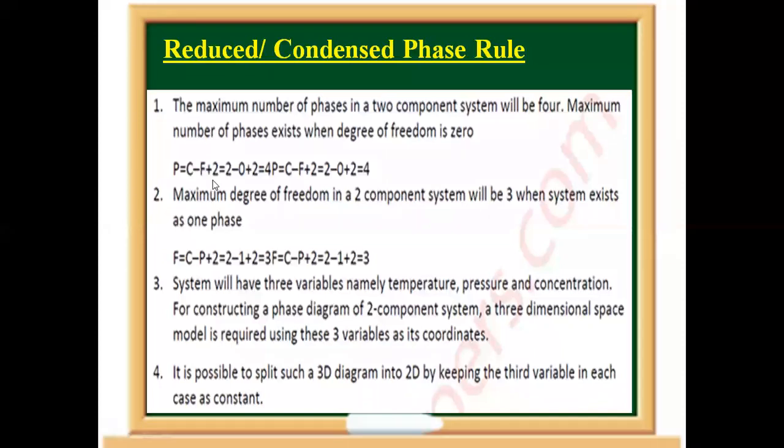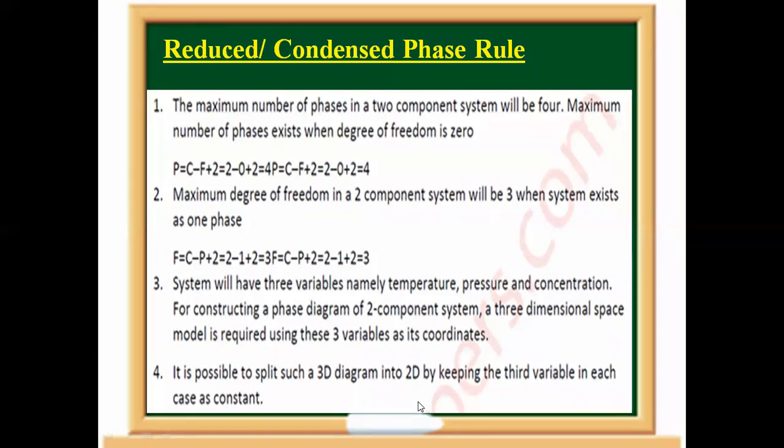Okay, but three variables को two component system में directly show करना, जो कि temperature, pressure, concentration है, तीनों को एक phase diagram में show करना, it's like a 3D diagram, but still it can be converted into 2D by keeping one of the variable constant. ठीक है, by keeping one of the variable constant, because you have already seen in one component system where a phase diagram was plotted in terms of pressure against temperature,